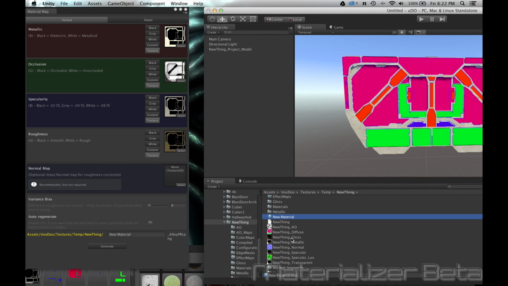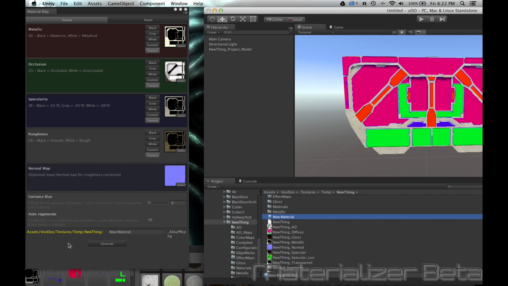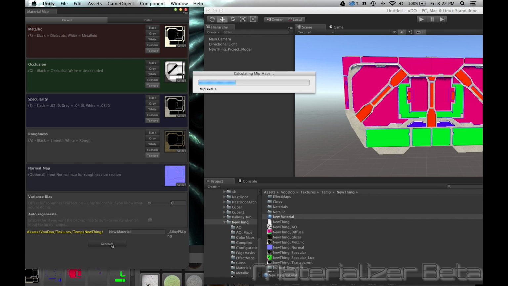And finally, we're going to put the normal map here. And something to watch out for with Alloy specifically is this yellow text here. This is telling it where it's going to go. By default, it just goes to the assets folder, but if you click on the folder where you want it to go and come back here, it'll remember that. So we're going to generate our Alloy map,